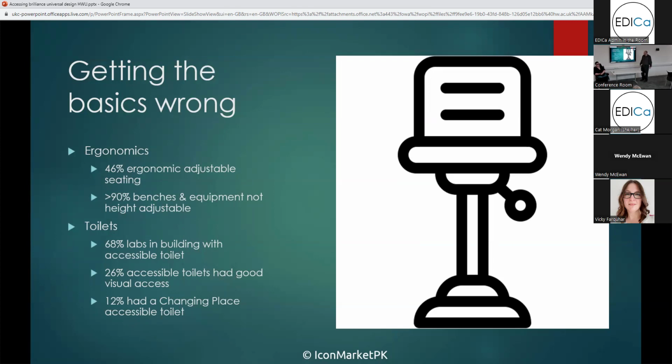Only two thirds of labs have an accessible toilet in the same building. So that's a third of labs where, if you want to go spend a penny, you've got to go out in the rain and cold and the dark, potentially 10, 15 minutes. Now, if you've got issues with urgency and frequency, as a considerable number of disabled people do, that's not a great combination. And then only a quarter of the accessible toilets have good visual access,